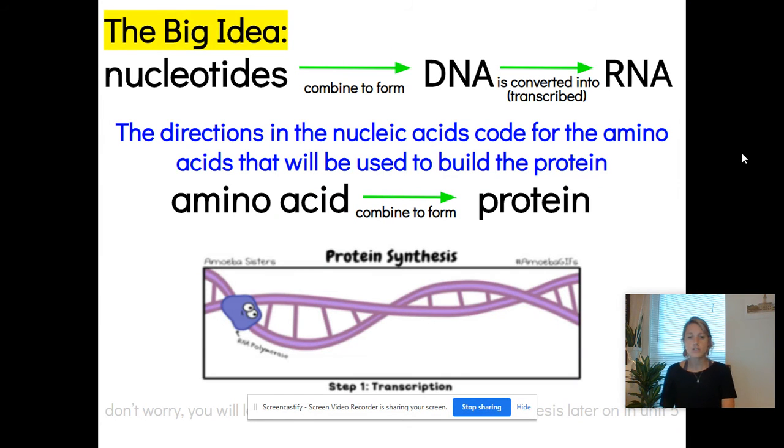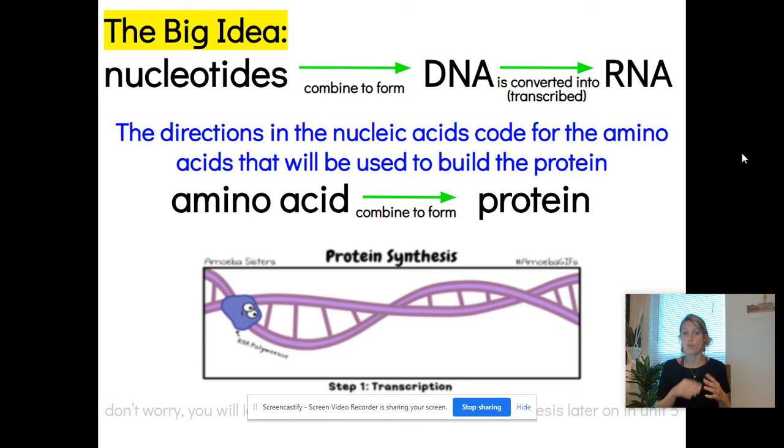All right, so this next thing that we're looking at is the central idea or the central dogma of biology. Remember, biology means the study of living things. So this is how all living organisms originate. We start off with the smallest unit, which is nucleotides. Nucleotides, remember, are our monomers for nucleic acids. So first we have our nucleotides that contain our DNA sequences, our nitrogen bases with those letters A, T, C, G, and U. Those nucleotides combine to form our DNA,